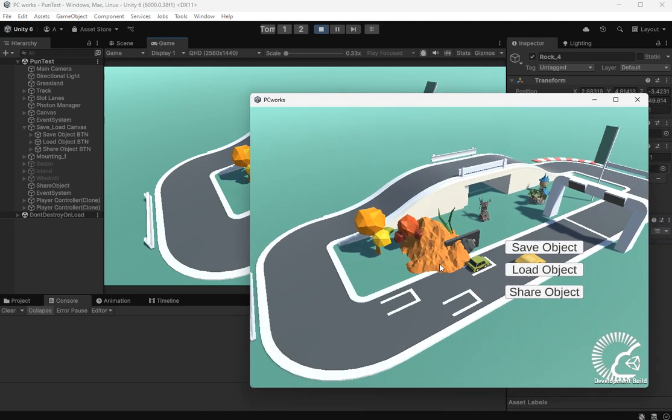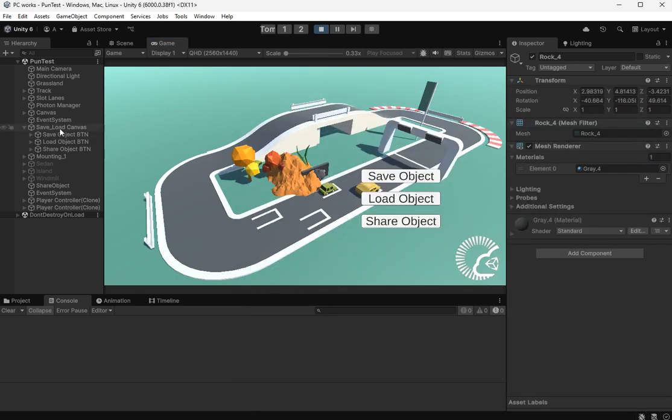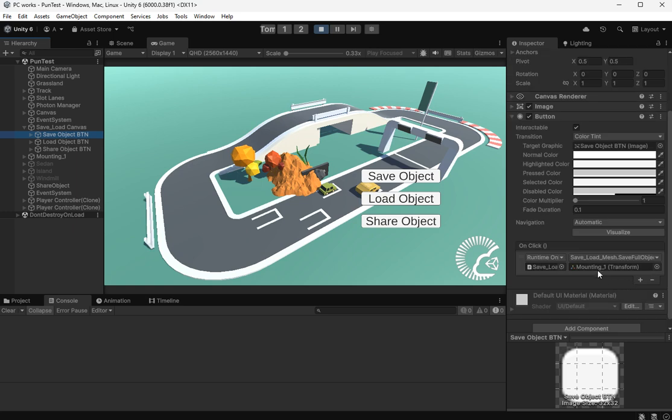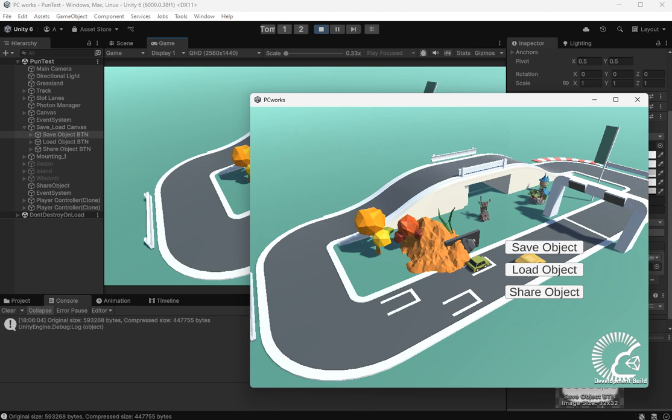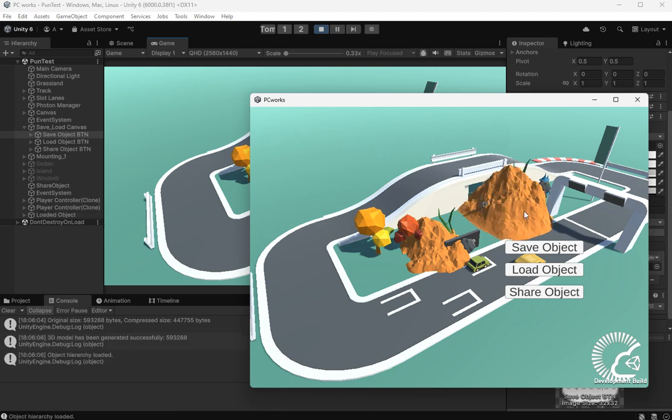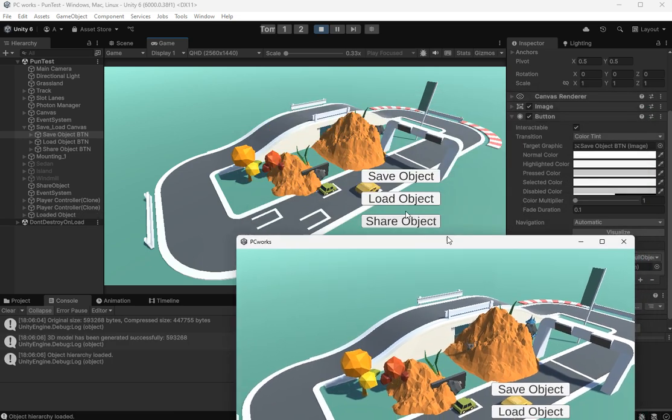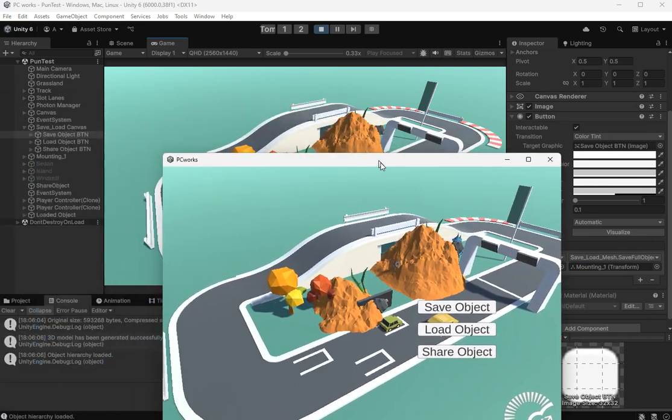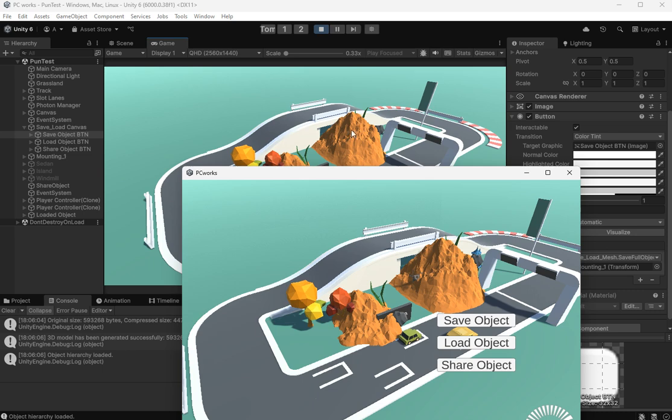I already have it here, but I will generate something else here. And let me check everything. I save the object to make sure everything works fine and share. That's it. I received that 3D model from my editor